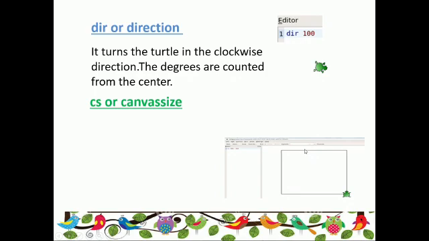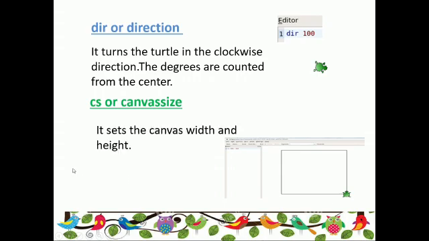You can change the size by writing the command like it's written here, CS 200 200. When you write this command and run it, it will change the width and height of the canvas, and your turtle that was earlier in the center will just move there in that corner.